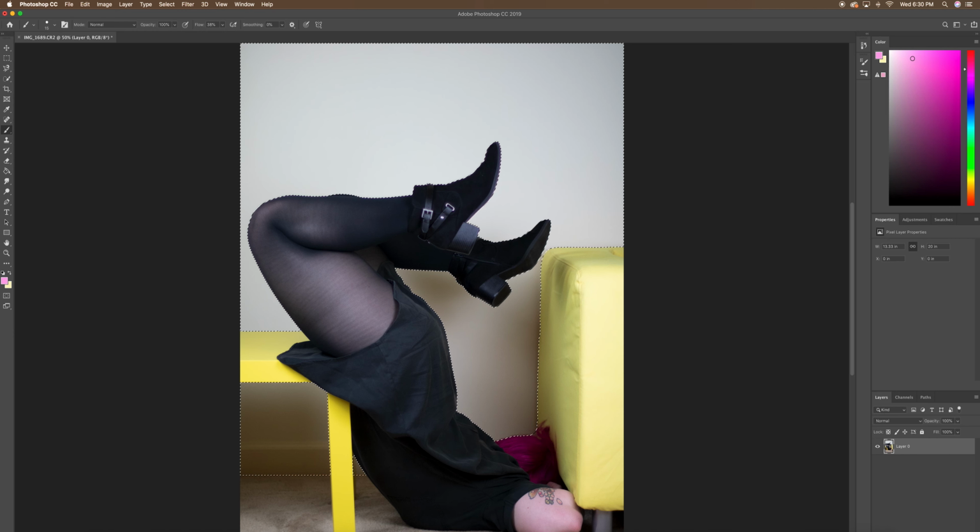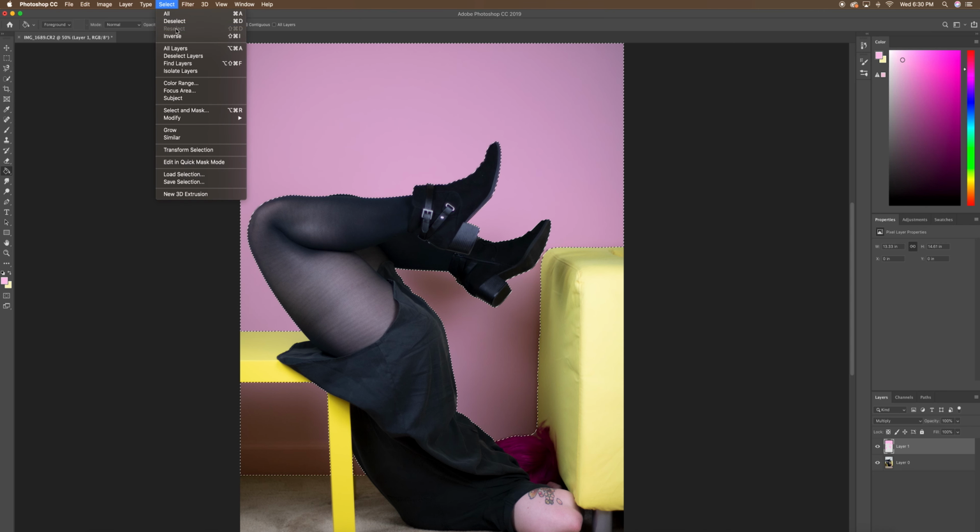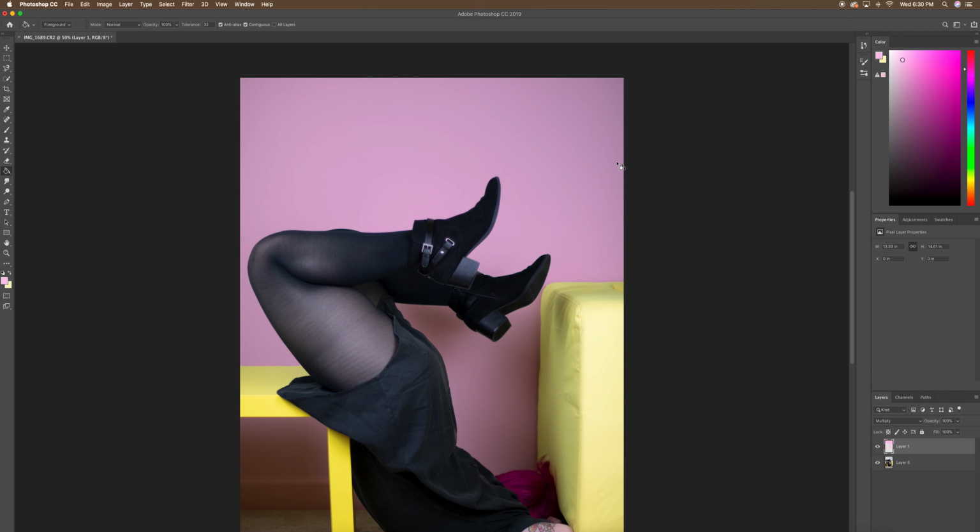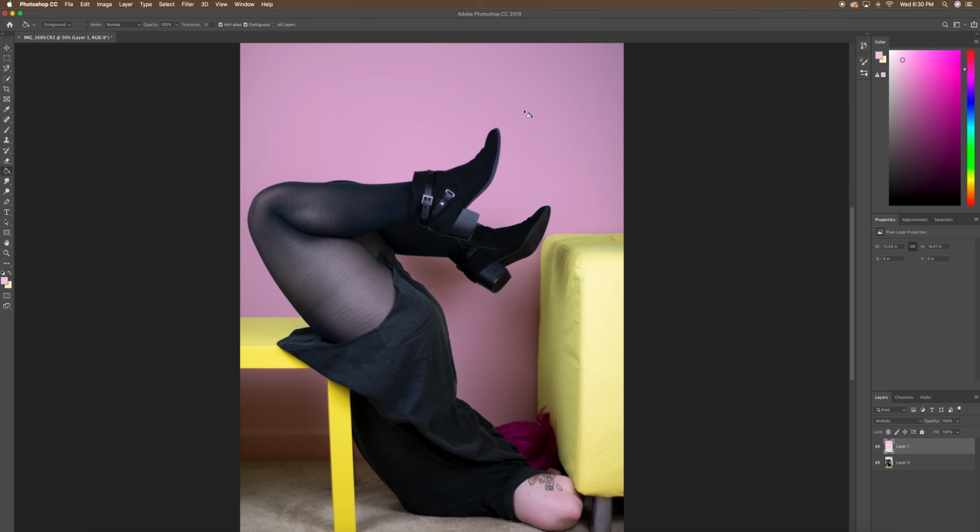We're going to add a new layer now, and this will be a multiply layer. Pick a color you want. Typically I like to do lighter colors. It's a little easier to get them perfect on the first try with this method. And we're going to deselect. Now it's a pretty solid